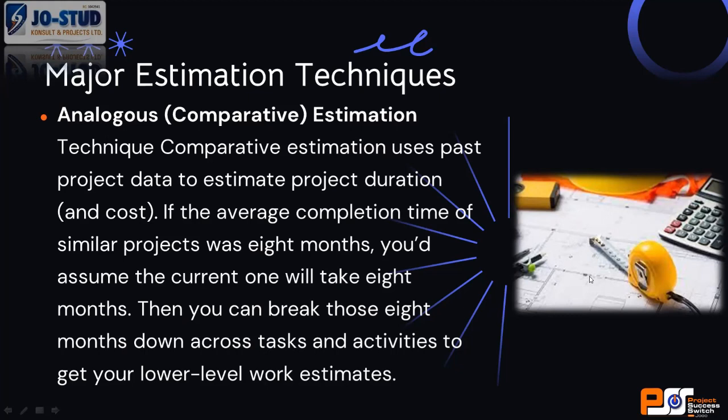So you may have wrong inflation data. That's number one. Then number two, reason why your analogous estimate may be wrong is, like I told you, analogous estimates, I get them from my closeout